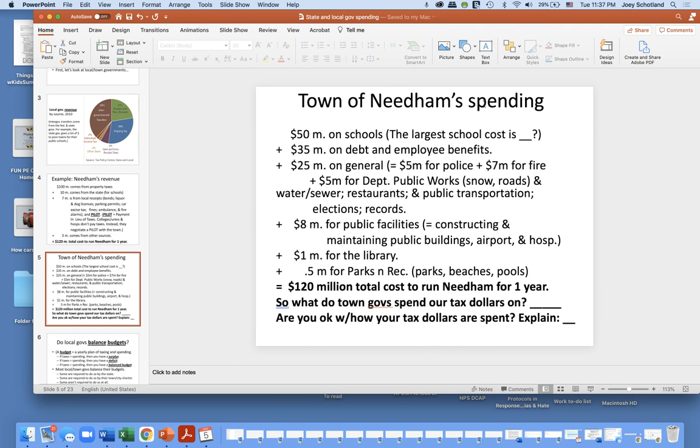Now, where does the town of Needham spend its money? About $50 million is spent on schools. And I want you guys to think about, what do you think the largest school cost is? When we spend $50 million on our local public schools, where's that money really going? About $35 million is paid to pay off debt and also for town employee benefits, like people working in the town hall, or for teachers, cops, firefighters, benefits. $25 million is spent on general expenses, about $5 million for the town police, $7 million